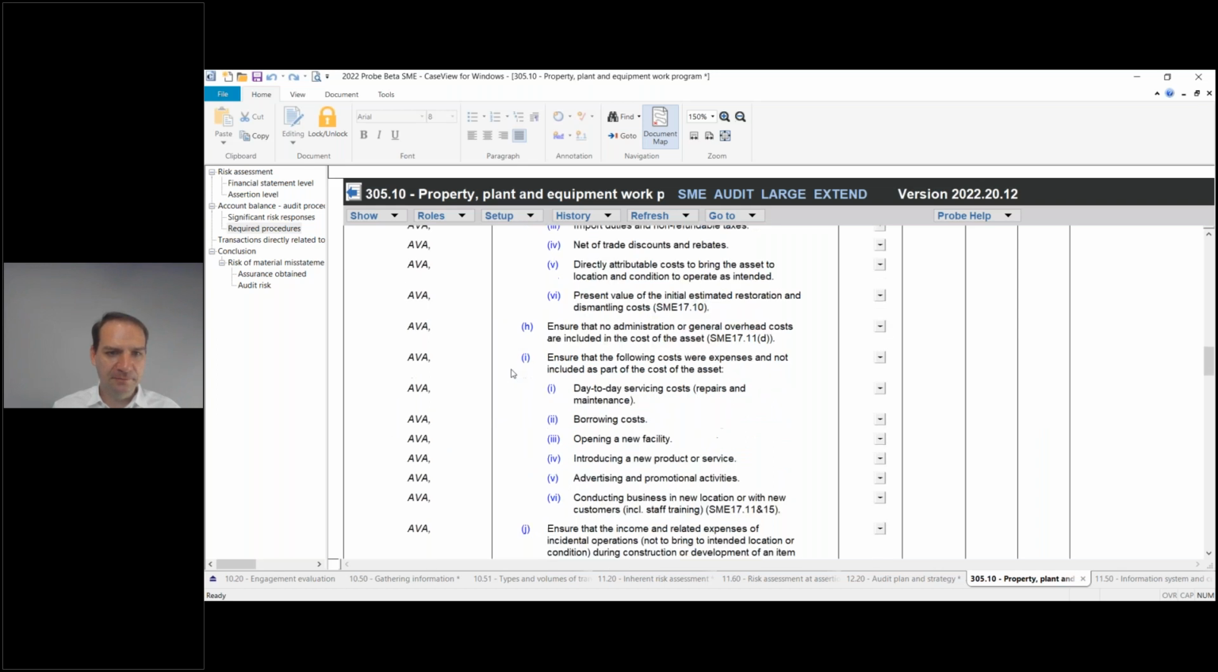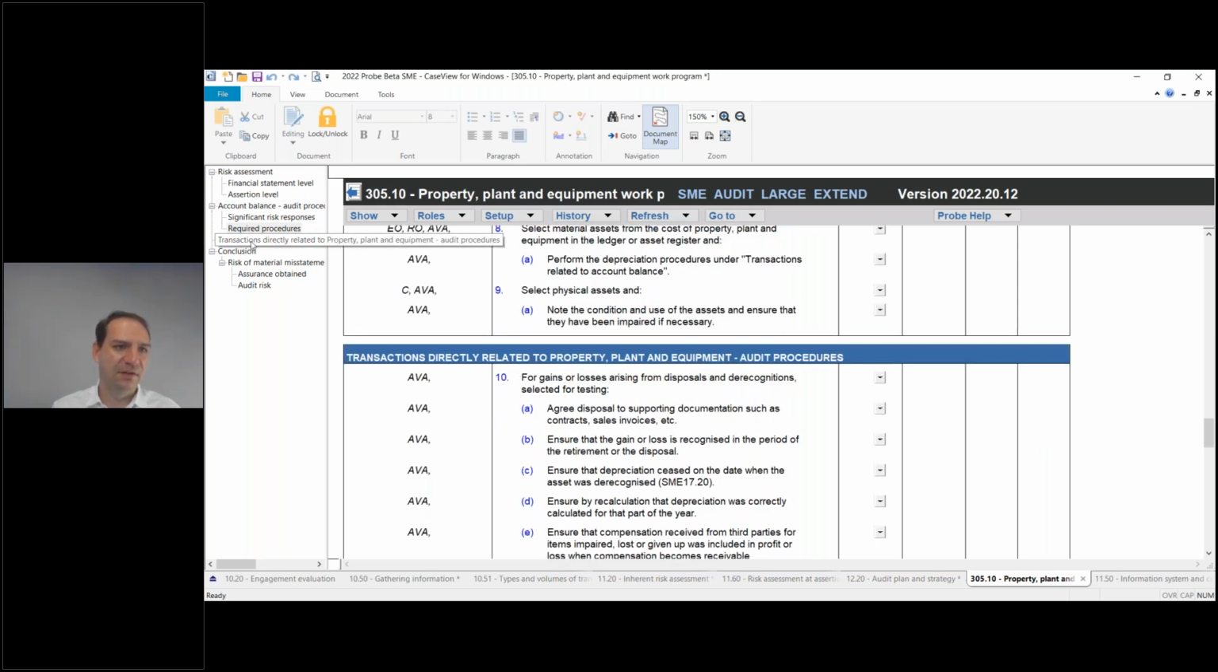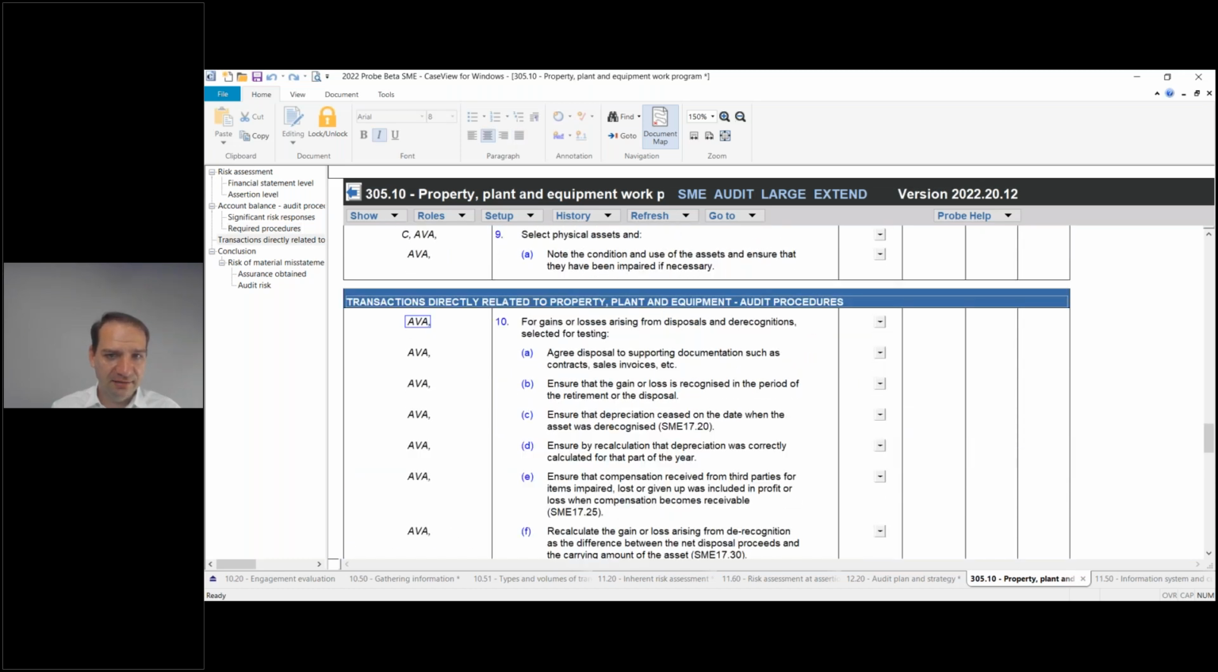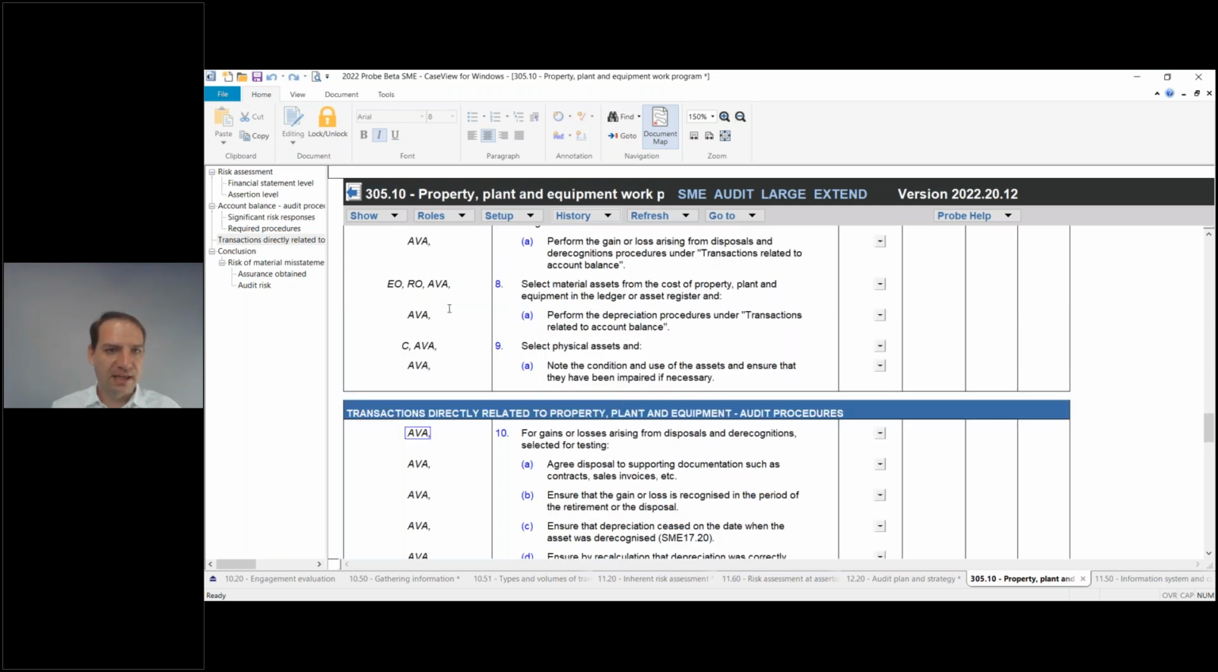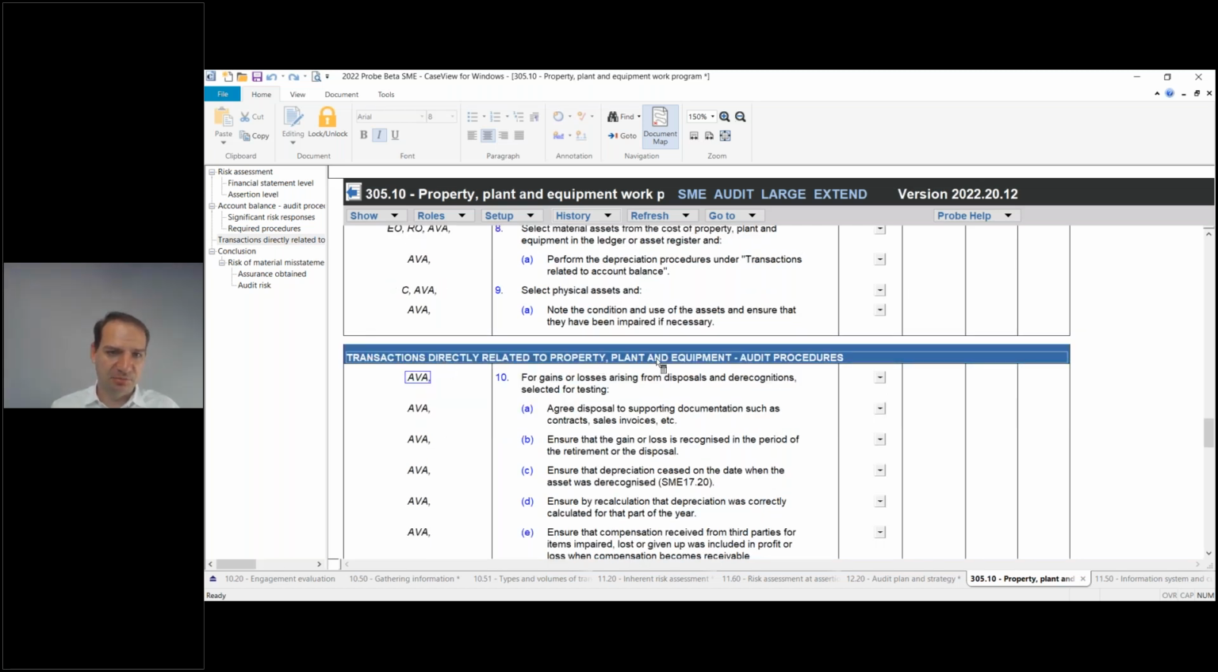But then if I scroll down, we also now have transactions directly related to property, plant, and equipment audit procedures. So I've also gone and said for AVA, there's a gain and a loss, and I want to test that specific assertion. So the property, plant, and equipment work program will contain the account balance procedures with the selected and relevant assertions from 1210 and 1160 and 1220, as well as the procedures directly related to property, plant, and equipment